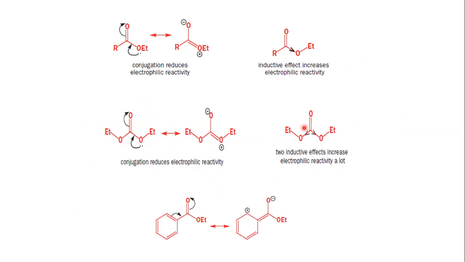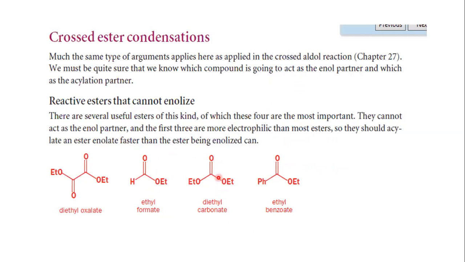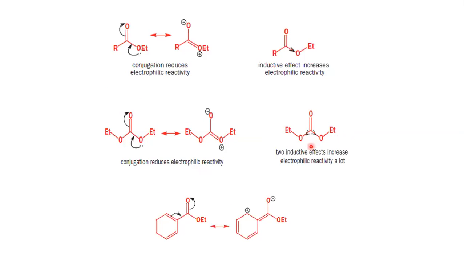Now the question could be, why is this less electrophilic and why is this more electrophilic? Ideally, ethyl formate is more electrophilic than diethyl carbonate. Ideally, there are two inductive groups here, so there should be more inductive effect here. Yes, there is, but there are also two chances of conjugation. Here there was only one chance of conjugation. So here the conjugation effect that reduces the electrophilicity has only one possibility. Here there are two oxygens, so there are two possibilities. That is why comparatively this is even less electrophilic.